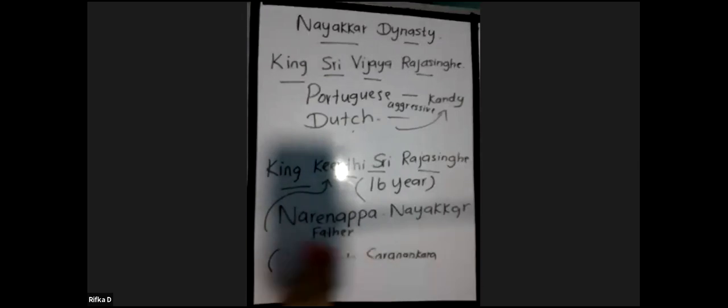Now after that, who became the king of the Kandyan kingdom? After the death of King Kirti Sri Raja Singha, his brother became the king of Kandy as Rajadhi Rajasingha. Rajadhi Rajasingha was also not that powerful. So at the ruling period of,